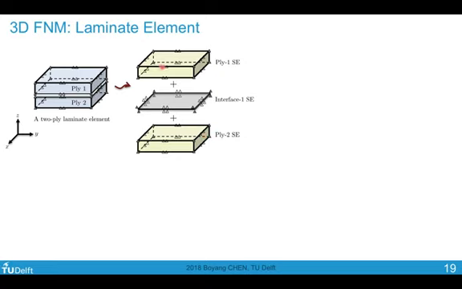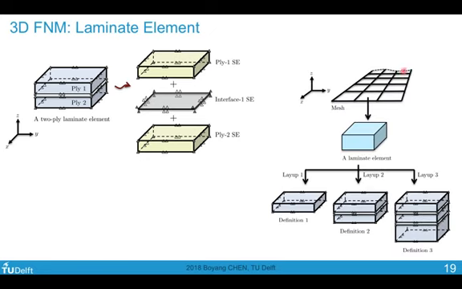Here I would have the horizontal edges allocated with floating degrees of freedom. I have also a cohesive interface element enriched with additional degrees of freedom on the edges to be compatible with the top and bottom plies. And I could automate this process such that the global mesh is a planar mesh, with no feature along the thickness direction, and then the layup becomes the definition of the element.